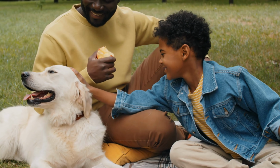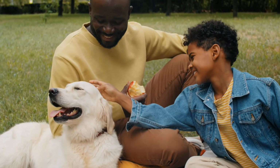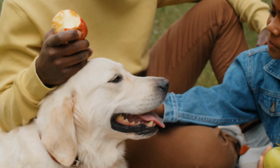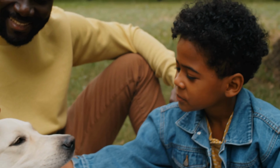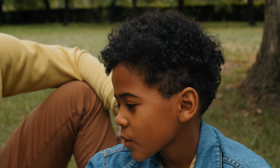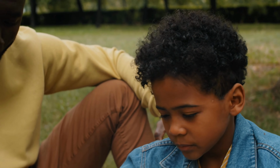To wrap up, you'll summarize the benefits of homemade dog food, reiterating how it enhances your dog's happiness and health. By making the switch to homemade dog food, you're giving your dog the gift of optimal health, energy, and vitality. It's a decision that will have a lasting impact on their quality of life, and one that they'll thank you